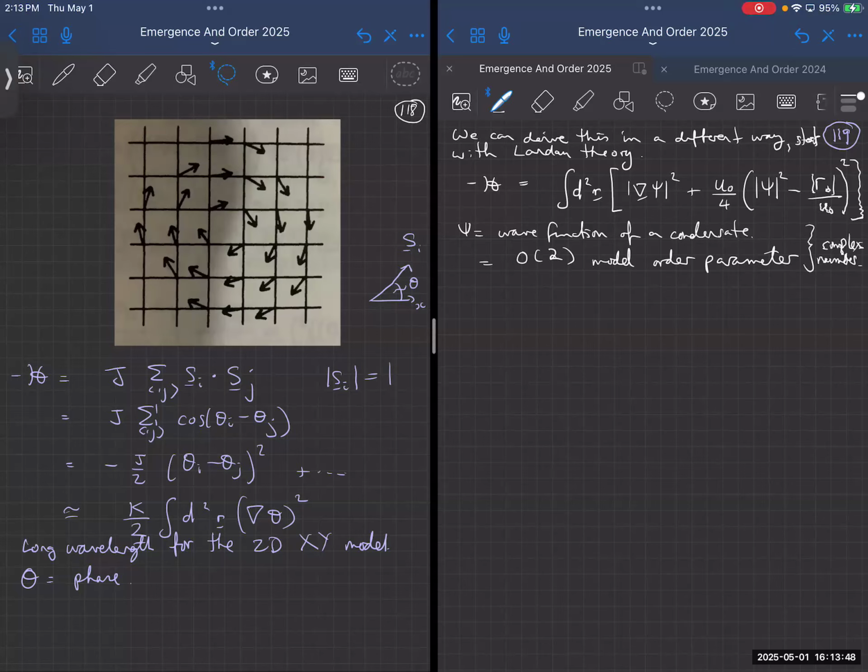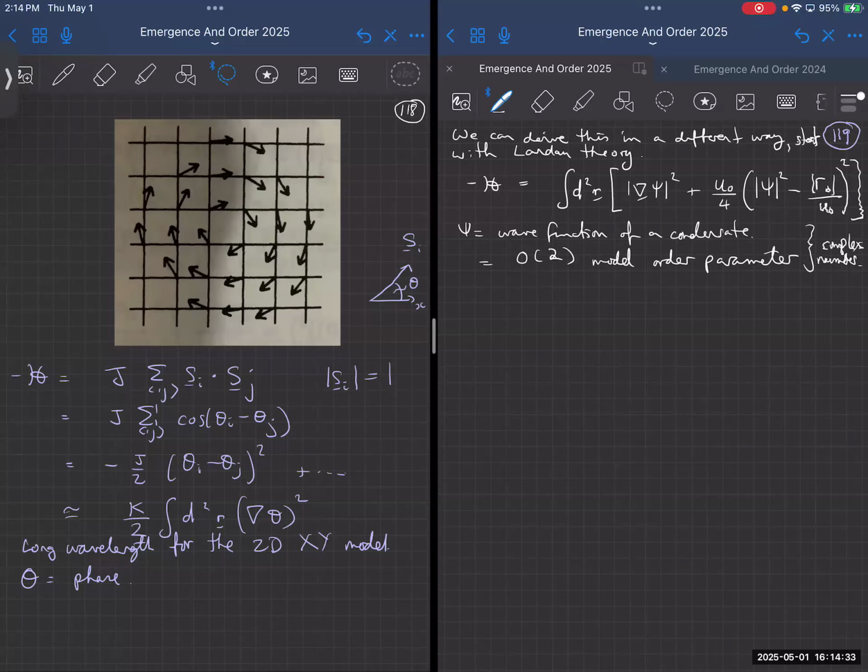Okay, now let's have a look at this. So this isn't the usual form of the Landau free energy. Landau free energy that we write down usually starts like this. It goes as grad psi squared, and then psi squared, and then psi to the fourth. But I've written it down in a very particular way here. So if you look at the term that's not the grad psi squared term, you can see it is psi squared minus r_0 over u_0. So those are some numbers, all squared. So if I square that, it will have quartic terms, and it will have quadratic terms, and it will have constant terms. So this actually is another way of writing down a quartic Landau free energy, but this way is a particularly interesting way